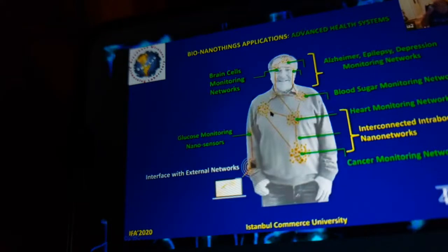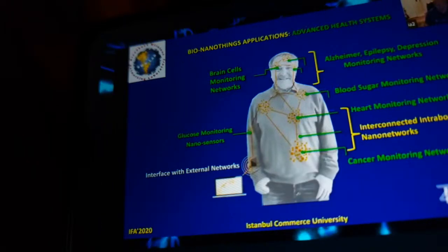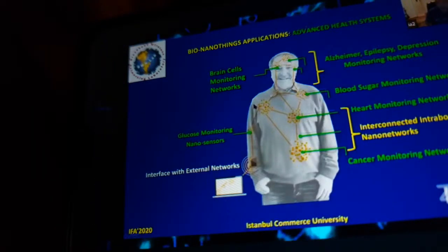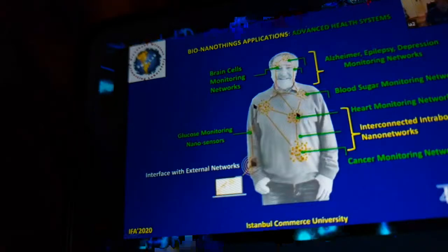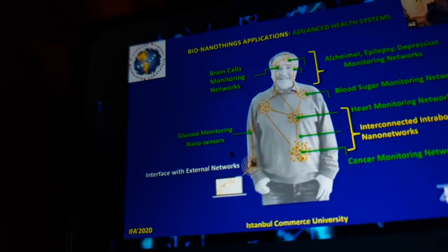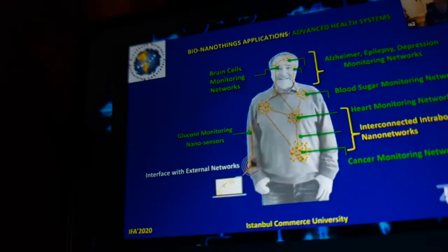And so you can inject these magic balls, or now they're called nanoscale bio-nano things, and then they can observe what's going on. So as you see, let's say you have a heart disease problem, they can always monitor it. And if there is any alarm, they can try to solve it themselves. If not, then they can alarm outside through this gateway, and then go to the physician, and the physician can reprogram them, etc. Right? So this is really a breakthrough that can extend a lot of